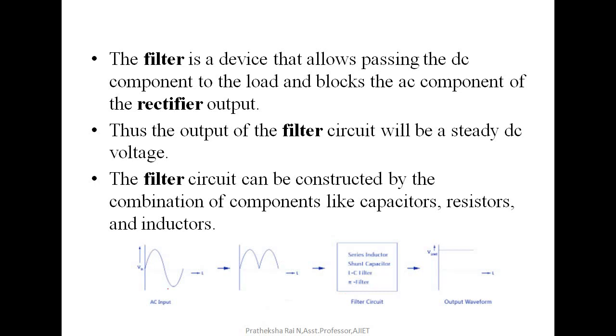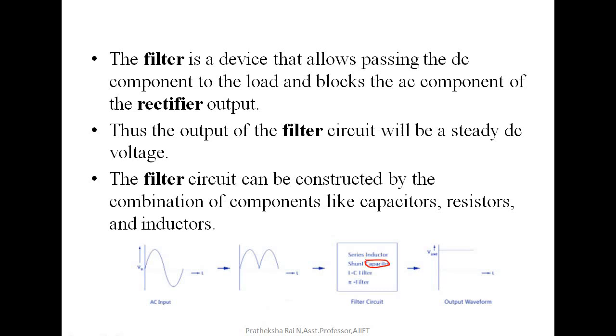If you see the block diagram of a rectifier circuit here, the input voltage is a sinusoidal voltage, and at the output we get this pulsating DC output. Then by making use of a filter circuit, any of these four types, we get a pure DC form. We will be studying only the capacitor filter here, so we will concentrate only on the capacitor filter.